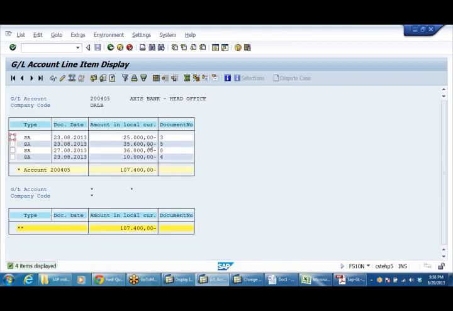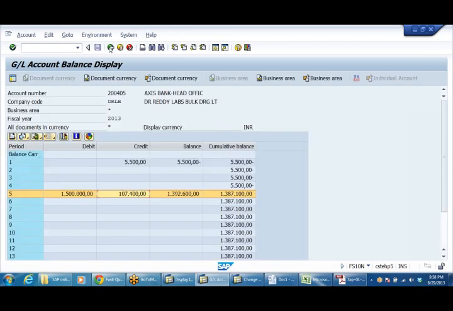When you make a payment, it is credited. Credit items are always represented as minus figures. Debit is plus. Total payments made 1,07,000. If you want to see both debit and credit, go to the balance and double click here.